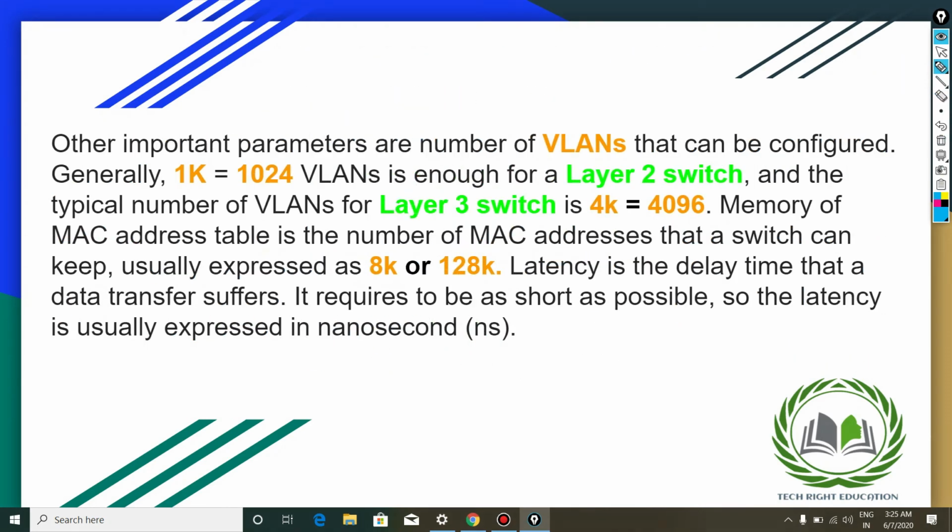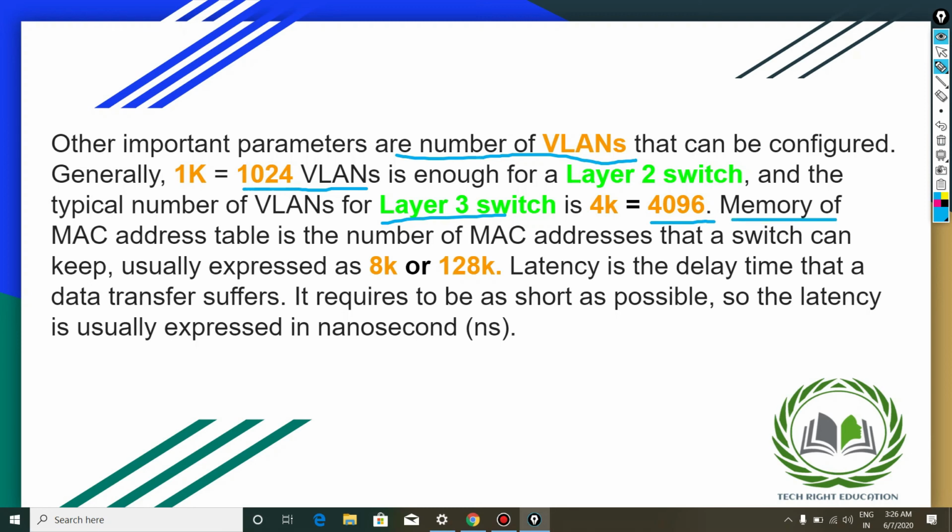Now the next parameter is number of VLANs. For layer 2 switches, 1024 VLANs are enough. For layer 3 switches, there are 4096 VLANs. The next parameter is memory of MAC address.